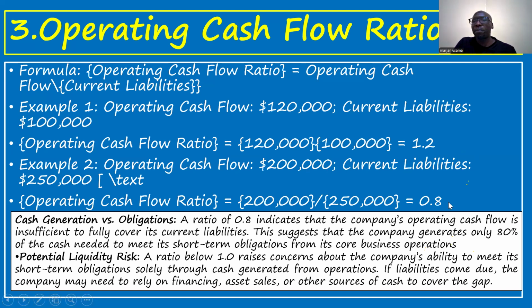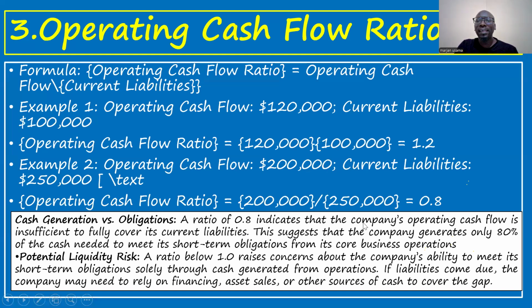Then the second example, you get 0.8. If you just apply the formula, you don't have to think a lot. The figures, apply the formula, get the answer. So what is the meaning of this 1.2 and 0.8? So this is all about cash generation versus obligation. So a ratio of